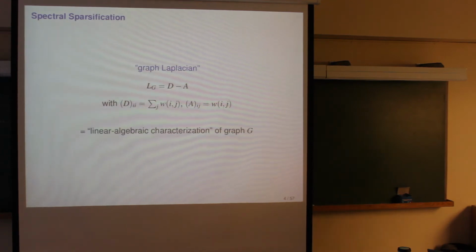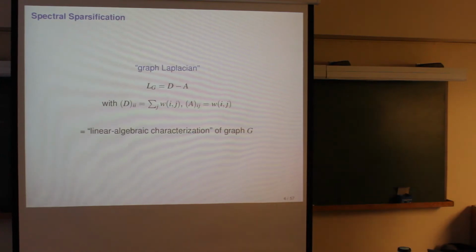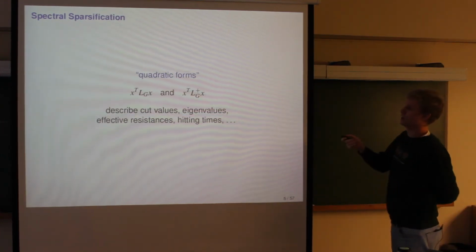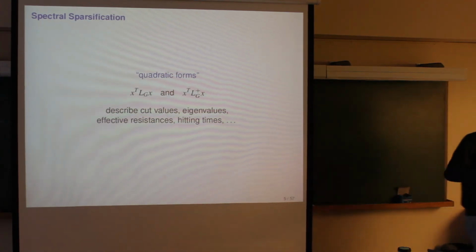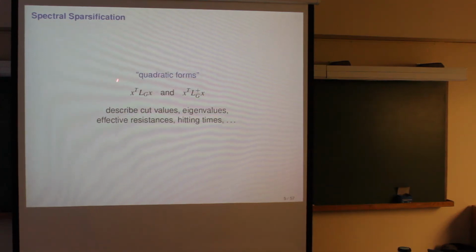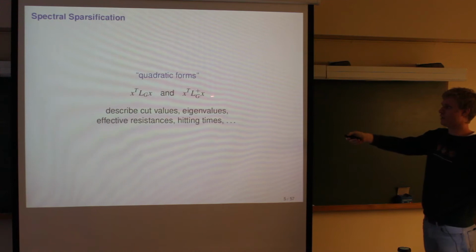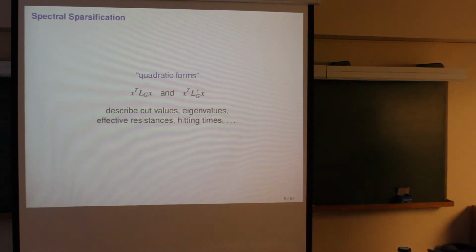And this is what we call a linear algebraic characterization of the graph G. It's very useful for a lot of purposes. What you can see is that you can associate things called quadratic forms to this Laplacian, which are just scalars that you extract from this Laplacian. All right, so you can define a quadratic form x transpose L_G x, where x is just some arbitrary complex valued vector. And you can do the same thing with L plus, and L plus will be the pseudo inverse of